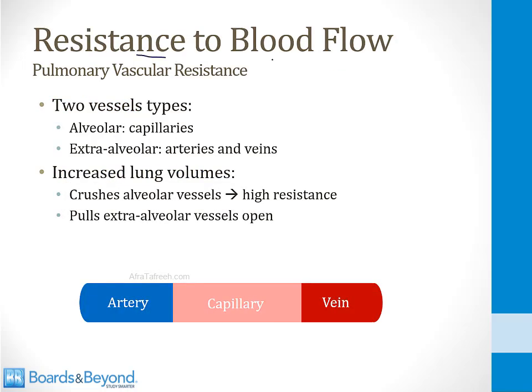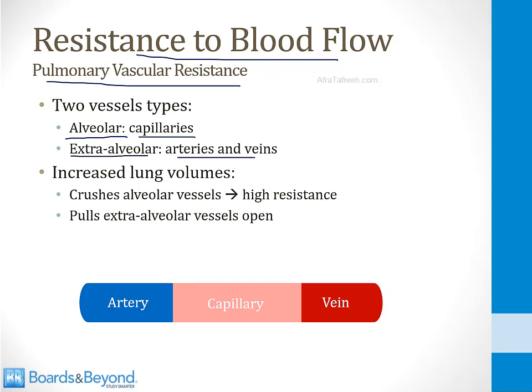Let's talk about the resistance to blood flow as blood moves through the lungs. This is referred to as the pulmonary vascular resistance. In terms of resistance to blood flow, there are basically two types of vessels. There are alveolar vessels, which are the capillaries that surround the alveoli, and then there are extra-alveolar vessels, which are the arteries and veins that supply blood to the alveolar capillaries. Just like my drawing on the screen here, an alveolar vessel, which is a capillary, supplied by an artery and